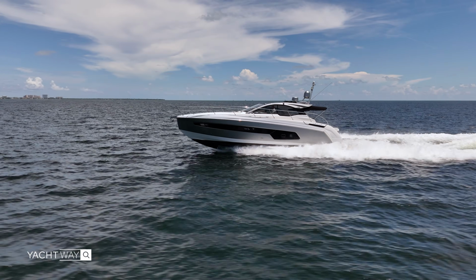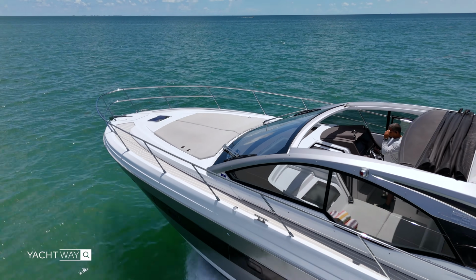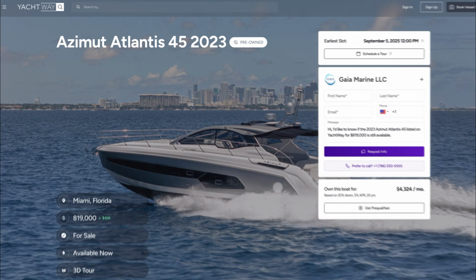Options like these not only make life easier, they also protect resale value, because these are options that every buyer is looking for. And since we are on the subject of the right options,